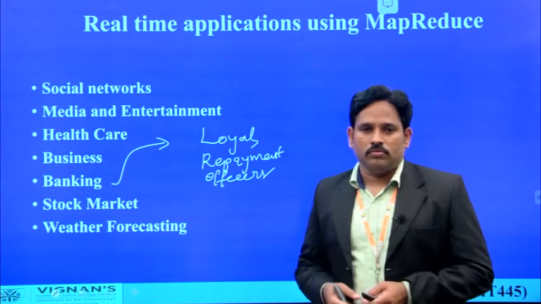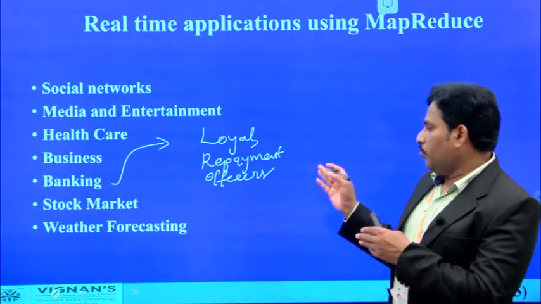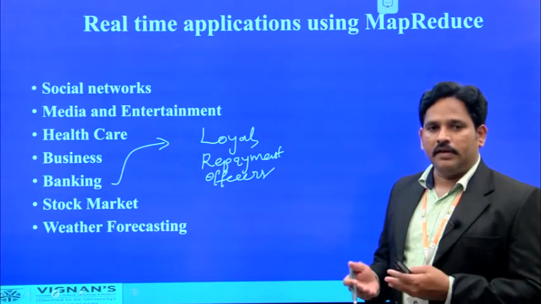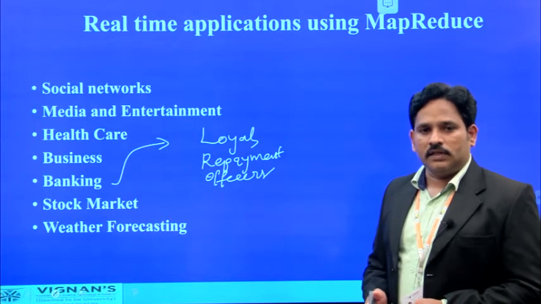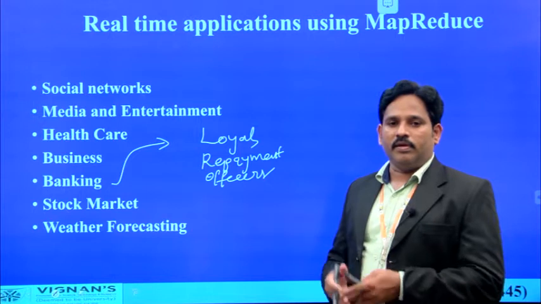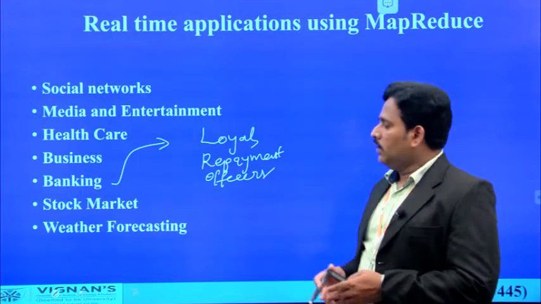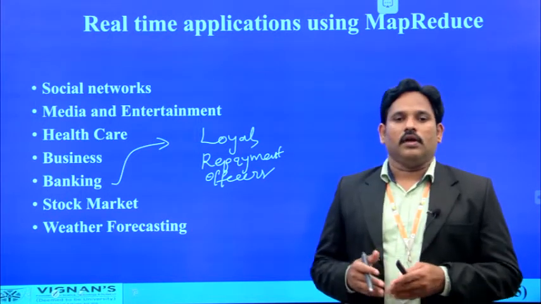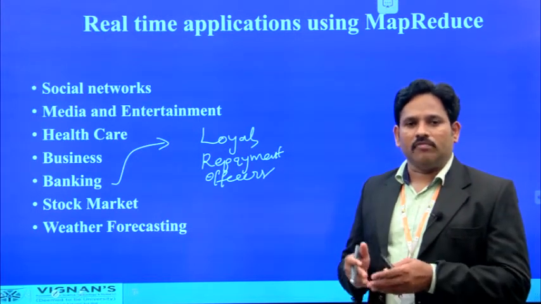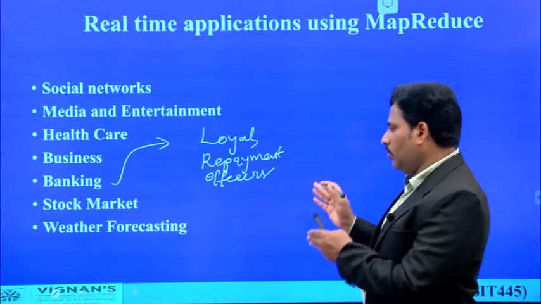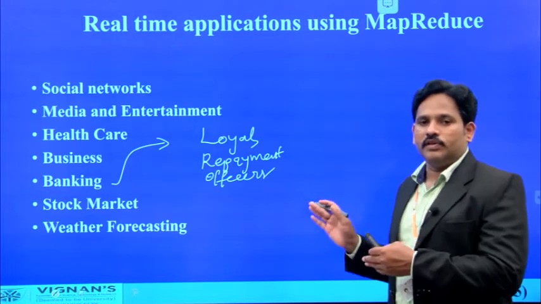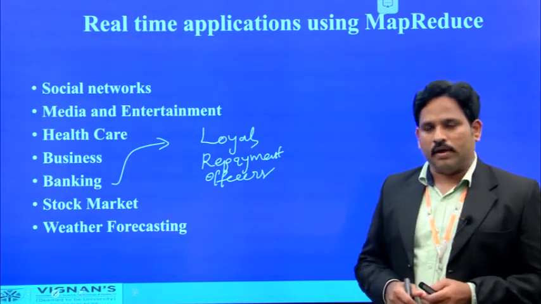Now, how will they know? Some group of people are loyal to the bank, the remaining are not, because they maintain the complete transaction history of each and every customer of the bank. Based on the customer repayment or transaction related information, among the existing millions of customers, they will segregate and find out only the best customers, and only for them will they issue these types of additional benefits.